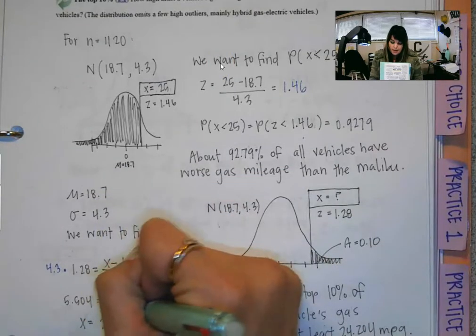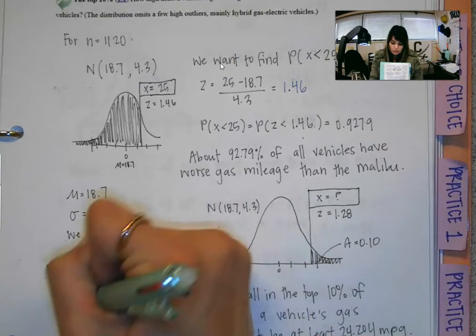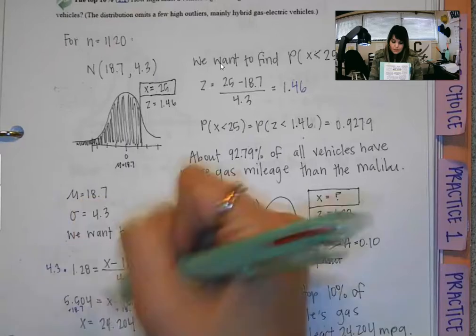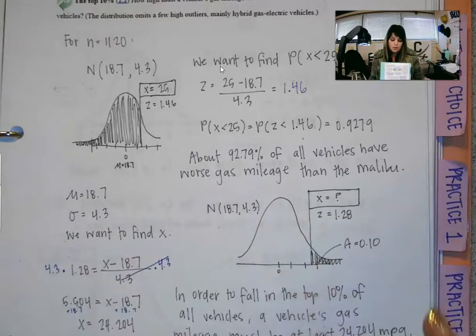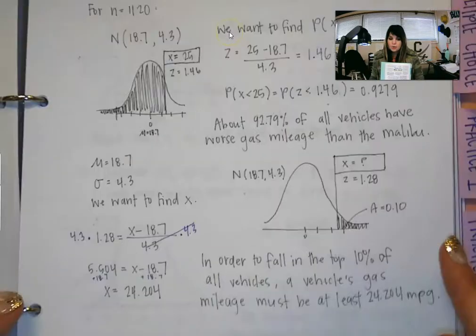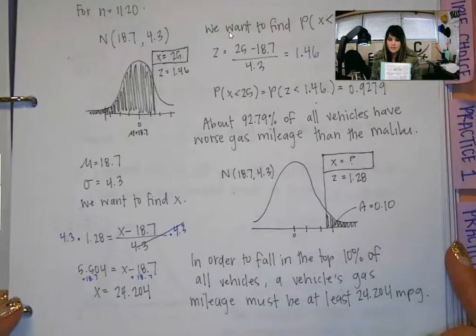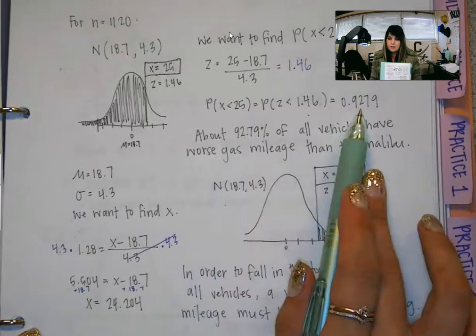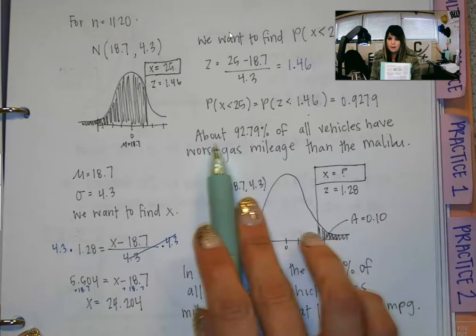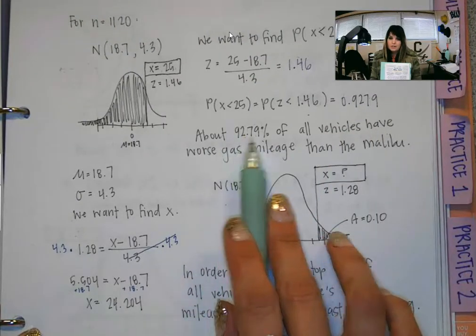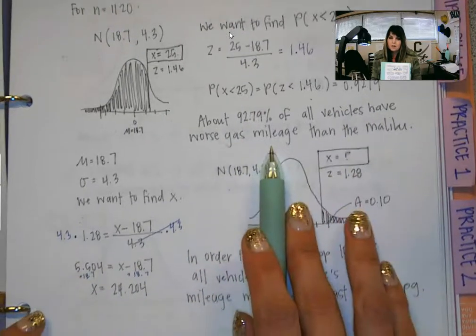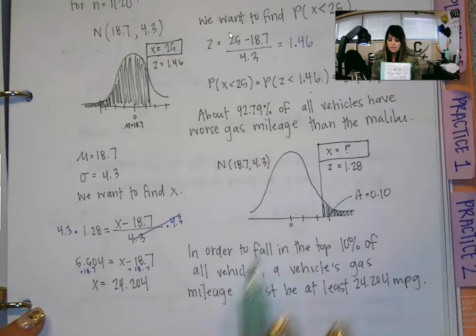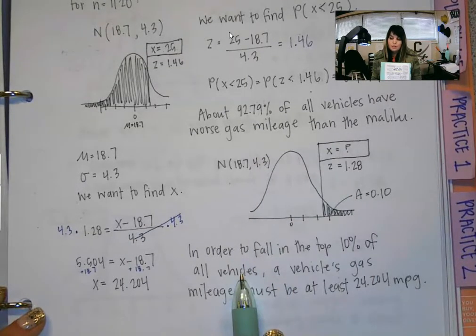So you're going to add 18.7 to both sides, and that gives you an X of 24.204, and you want to answer this with context. Same as I did up here. I didn't just write 9279, I finished with about 92.79% of all vehicles have worse gas mileage than the Malibu. Down here, in order to fall in the top 10% of all vehicles, a vehicle's gas mileage must be at least